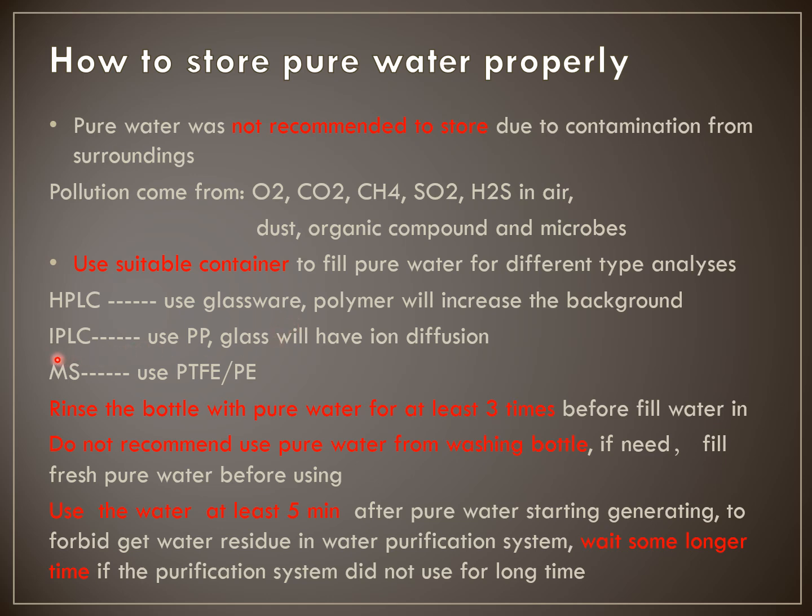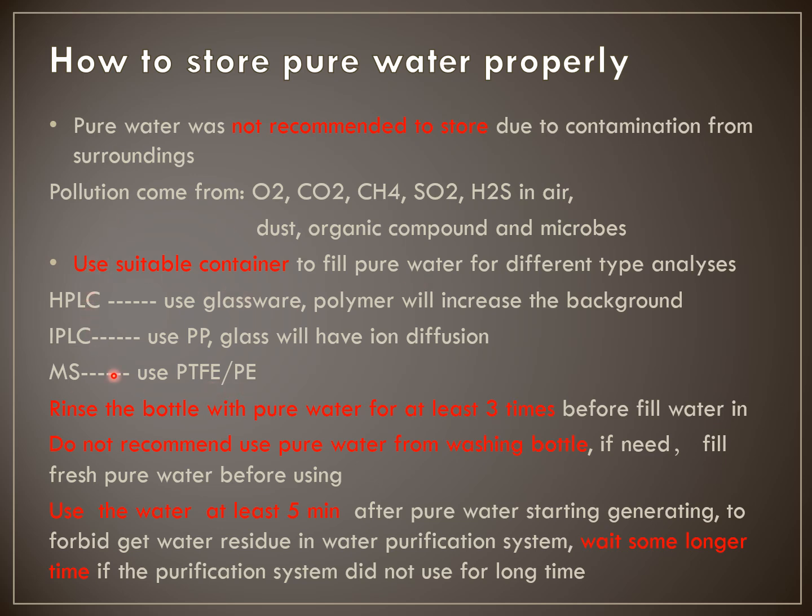But if we consider ion content more, we cannot use glass at this time because glass will have ion diffusion out that affects our testing result, especially when we have higher requirements for ion content, such as sodium, hydrogen,